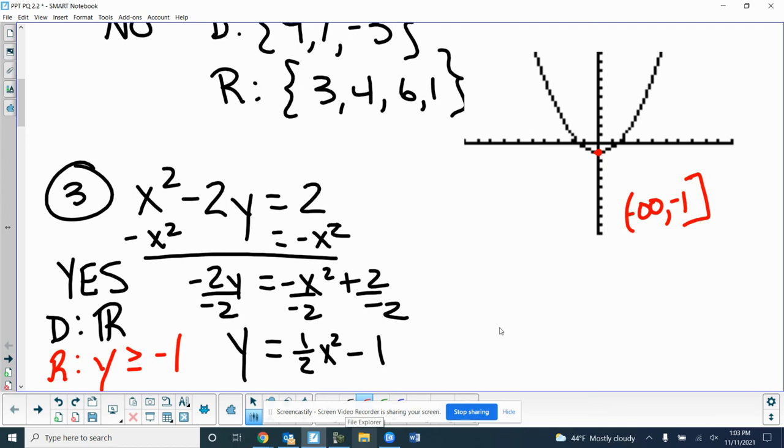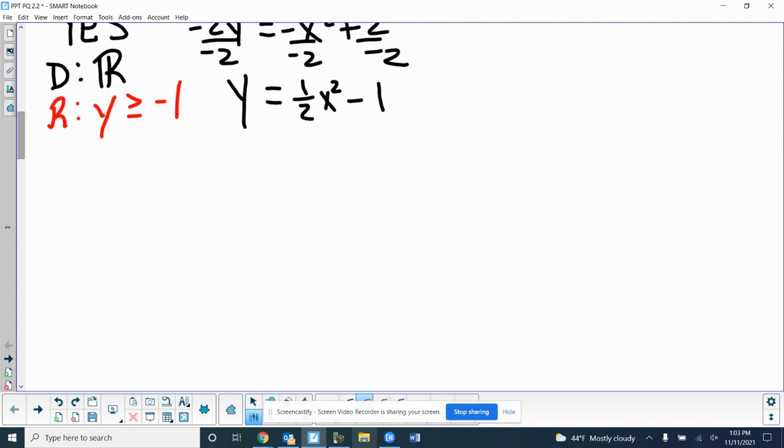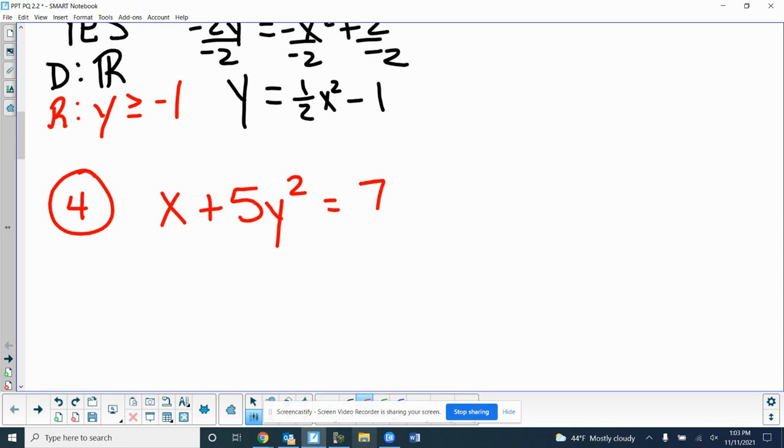That look like? If you guys have been paying attention and staying focused, what's the graph when you see just the y being squared? A circle's when they're both squared. Scott? Sideways. Yeah, sideways parabolas. Opens left and right when the y is squared. Okay? So if it opens left or right,